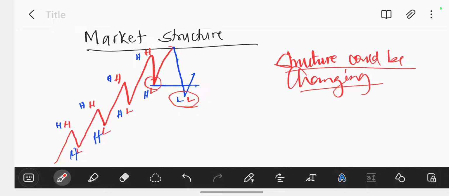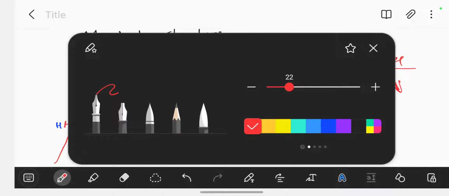It's possible that the price could be preparing to now move from being in an uptrend to being in a downtrend. So how will I tell that now we are in a downtrend? The first sign here, we could be now changing to the downtrend, we formed a lower low. Then you're no longer buying. If you were buying, then you're no longer buying. What do you do? You wait and see how this pullback, the current pullback,